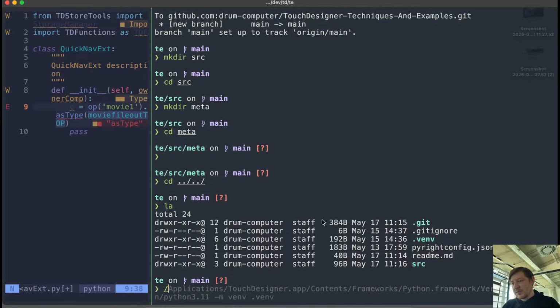you first specify the path to the Python, right? So in my case, this is Applications, TouchDesigner app, Contents, Frameworks, Python framework, Versions 3.11, bin, python3.11. So this is a path to the executable of Python that ships with TouchDesigner. So now you say -m venv, V-E-N-V, to create a virtual environment, and then